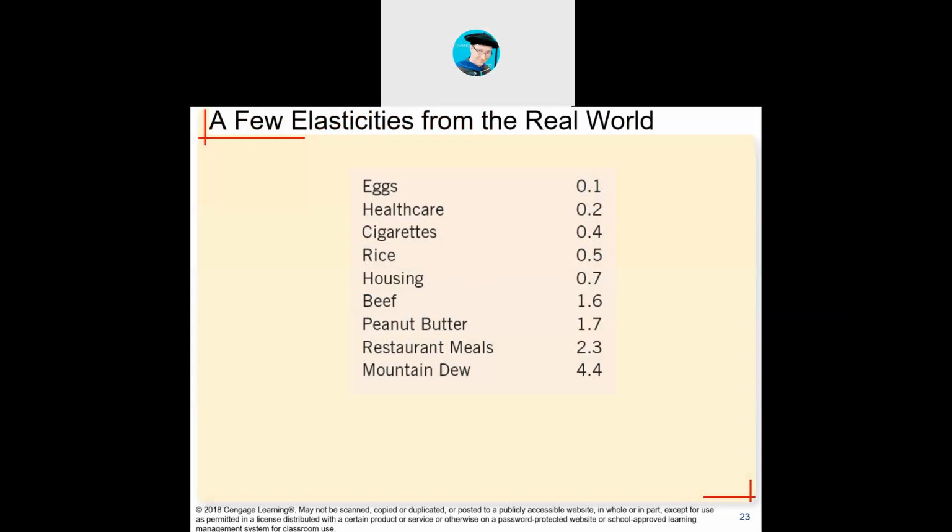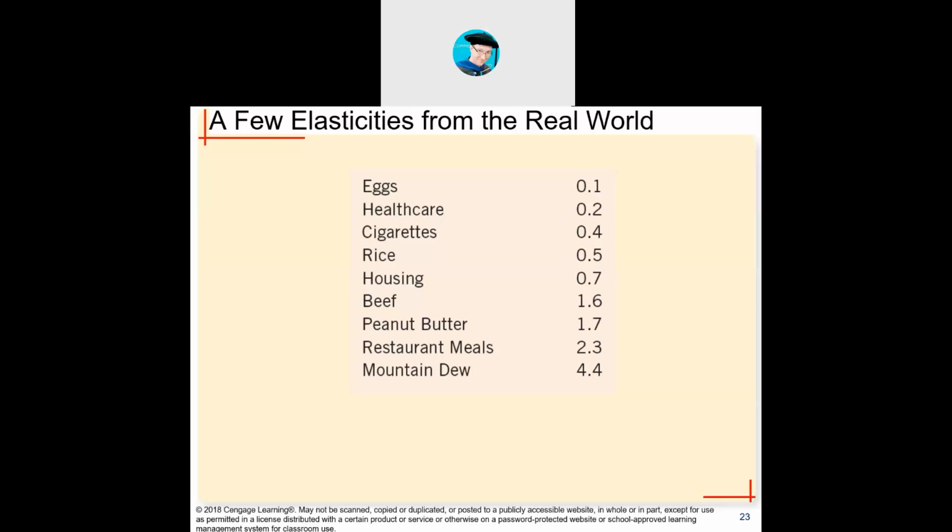So, okay, this is some more real world examples. Price of eggs has elasticity of 0.1. Typically what that means is if the price goes up on eggs, people still buy them. The reason they'll buy them is there's no real substitute for eggs. Same with milk. You need them for baking things, for breakfast, for whatever. Eggs and milk are found in pretty much everything, so it's hard to substitute those because there really is no true substitute. That's why elasticity is very low.